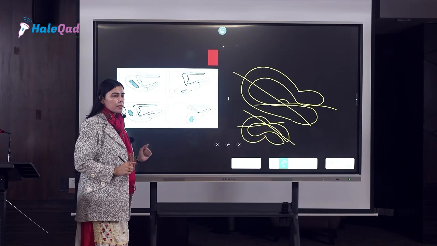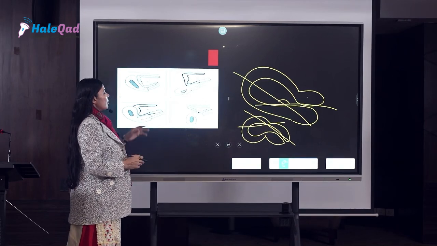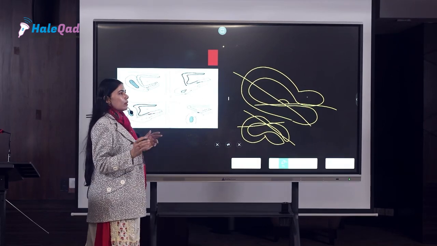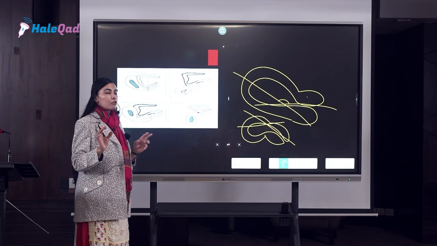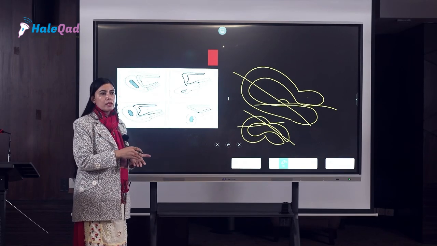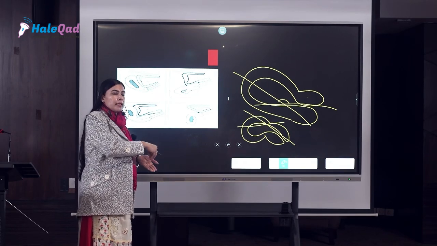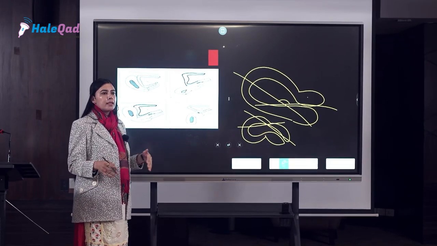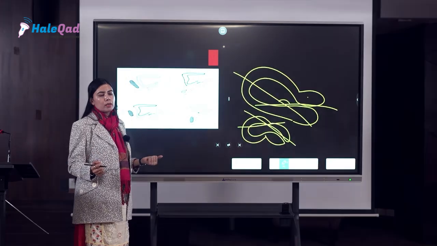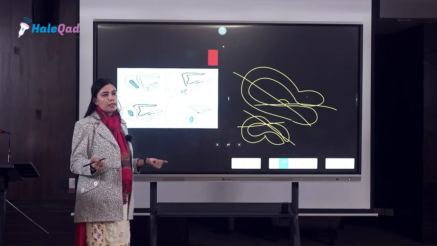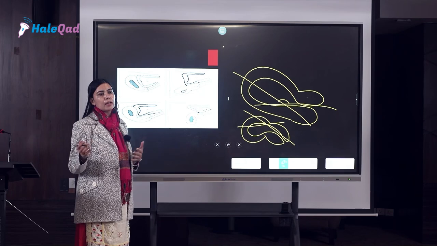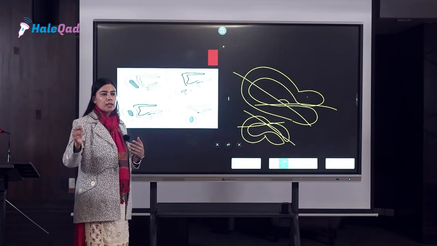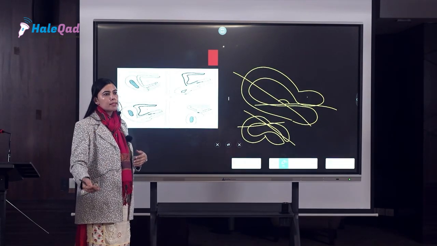Now why is this position important? Sometimes an ultrasound report comes saying the uterus is acutely retroflexed. The patient has a history of infertility, saying I am not able to conceive, I want to conceive. See doctor, what I need to do. First of all, I'll advise a transvaginal scan only. That okay, you have come, now let me do the scan.